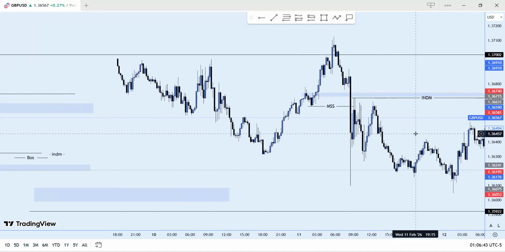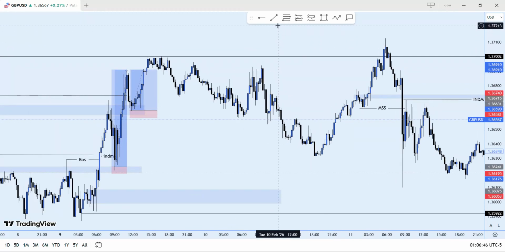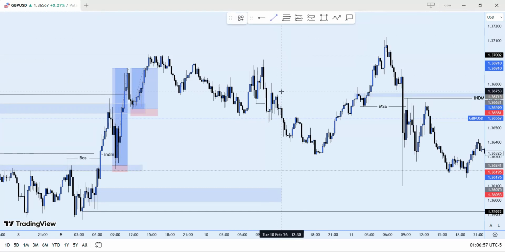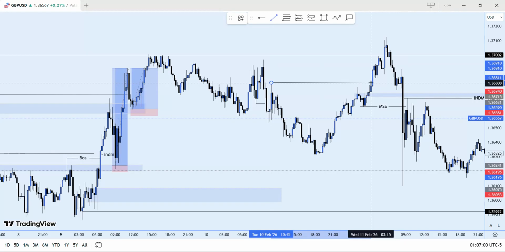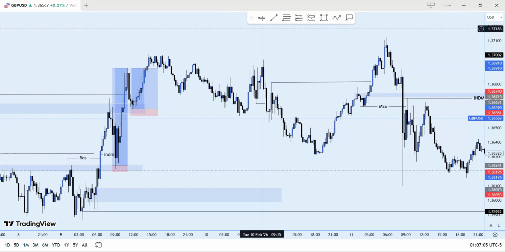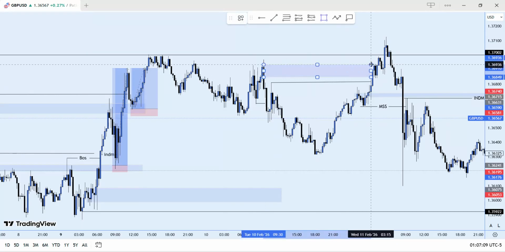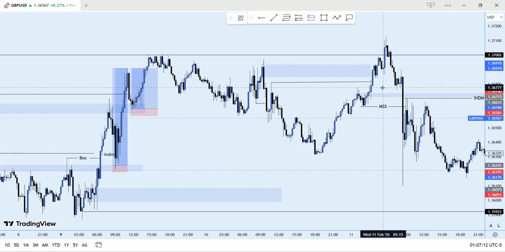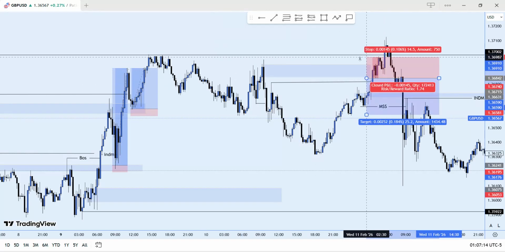At that time. So it is what it is. So a break of structure here, a break of structure here, my inducement here, and my point of interest here, which is this other block. So you see, I had my entry there, and my stop loss just above the body,